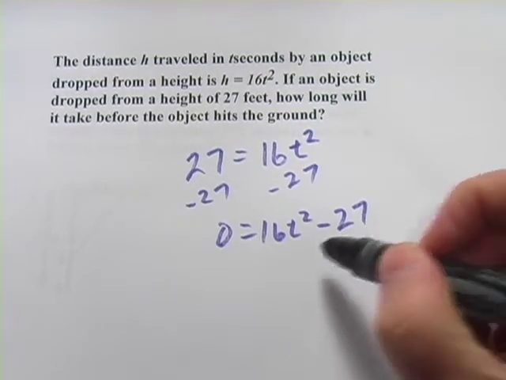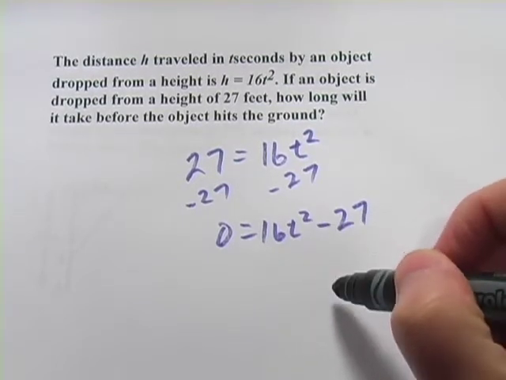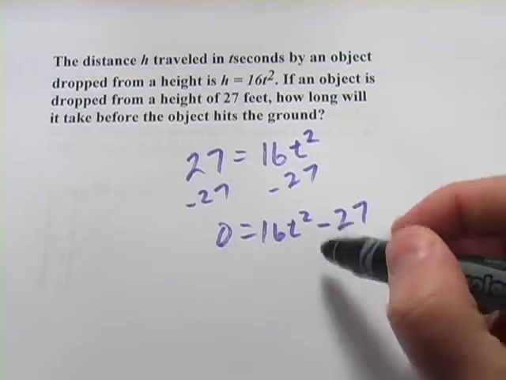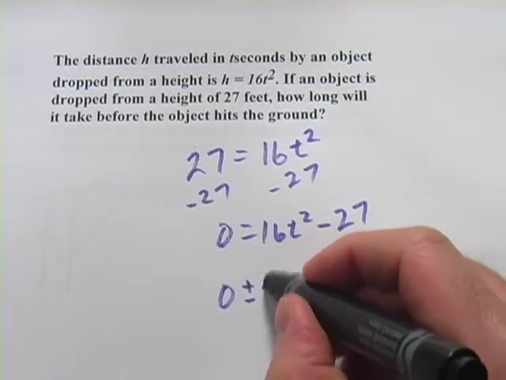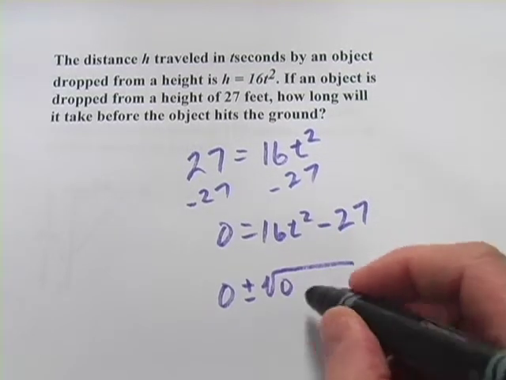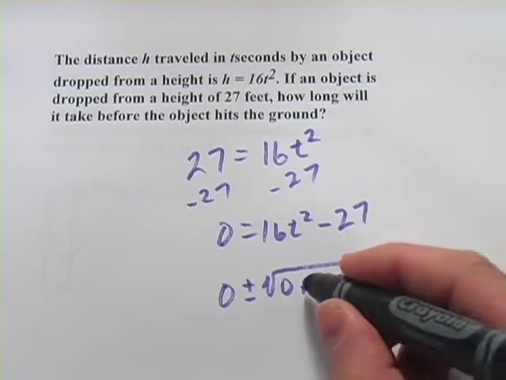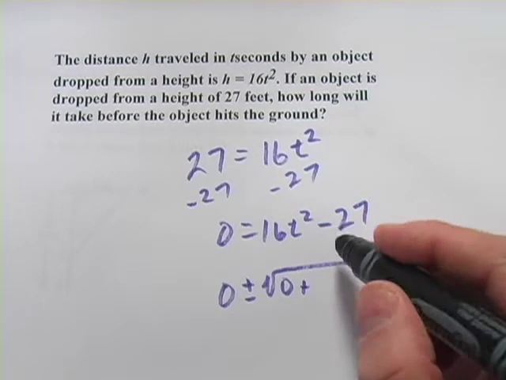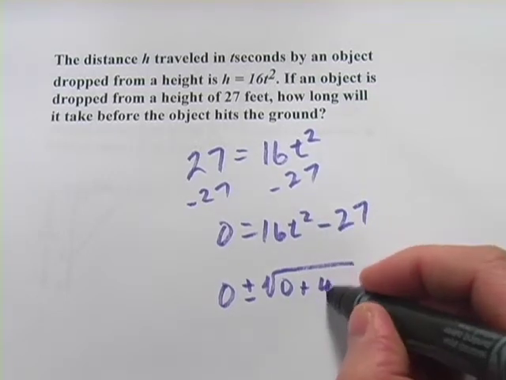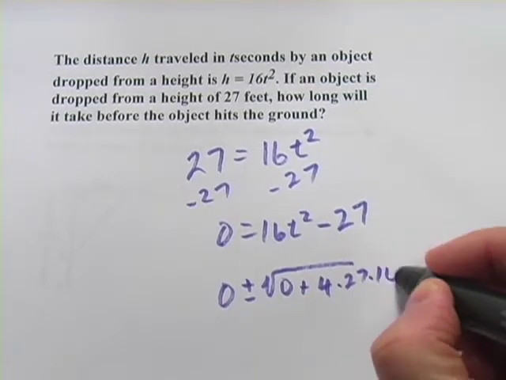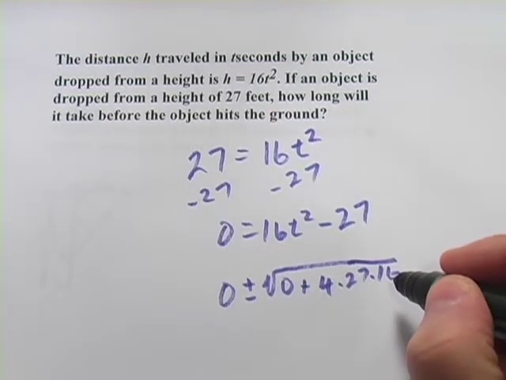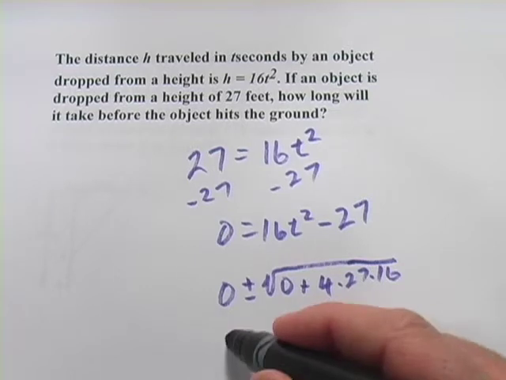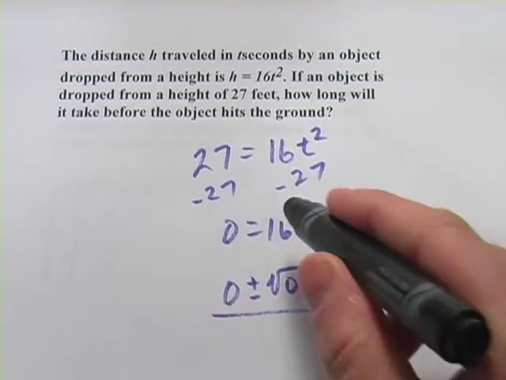I think I'm just going to use the quadratic equation. It's going to be pretty easy because I'm missing a t term, so I'm missing b. So this would be 0 plus or minus the square root of 0 squared minus 4ac, but there's a negative sign here, so I'm just going to say plus 4 times 27 times 16. And that's all